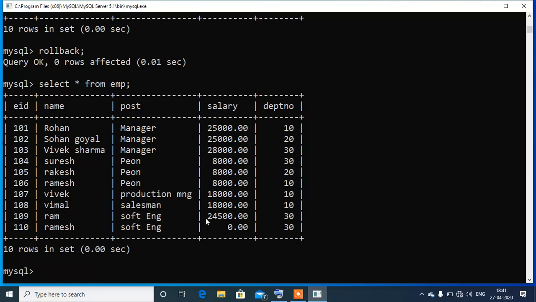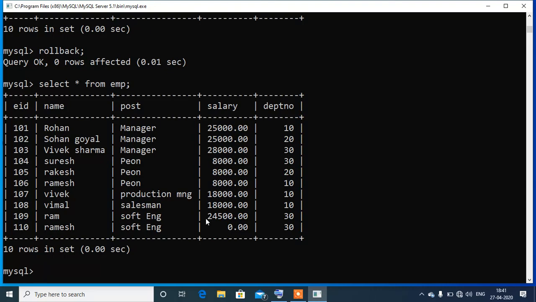But one thing that you have to keep in mind: the rollback statement will undo the changes made to the table only up to the point where you have saved the content of the table. मतलब जहाँ तक आपने पिछली बार सेव किया था उसके बाद के सारे चेंजेस को ये अनडू कर देता है.